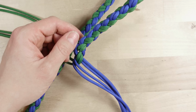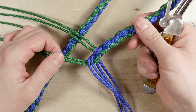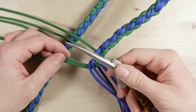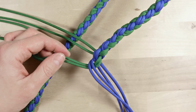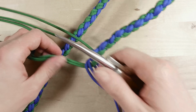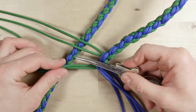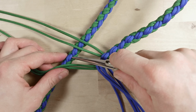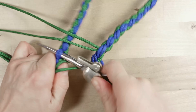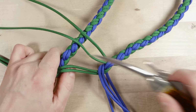So let me show you. So let's say we're going to start with this pair. We're going to take some sort of a tool, perhaps a pen, a stick, a marline spike, perhaps a thread, whatever you have. Then we're going to pick a pair of strands, let's say this pair. We're going to follow it going through here,